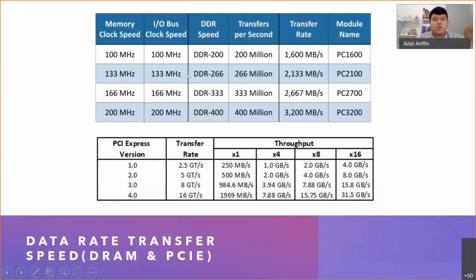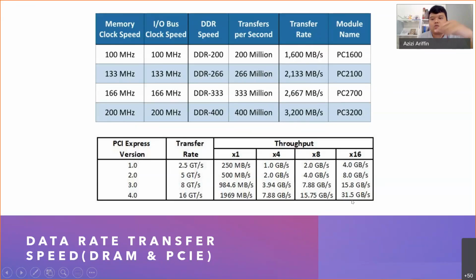Kalau kita tengok dalam DDR4 for your DRAM, kalau kita tengok transfer rate 3200 megabit per second, which is 3.2 gigabit, dia boleh pump in kepada CPU. So sekarang CPU yang bottleneck. Kalau kita still single core, tak guna, so kita still bottleneck dekat CPU, right? And also kalau kita tengok dekat PCIe Express version 4.0, kalau kita tengok dekat 16 lane,